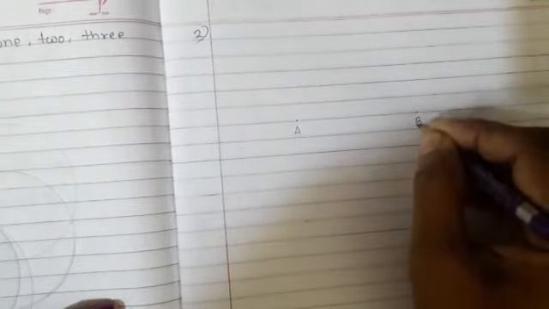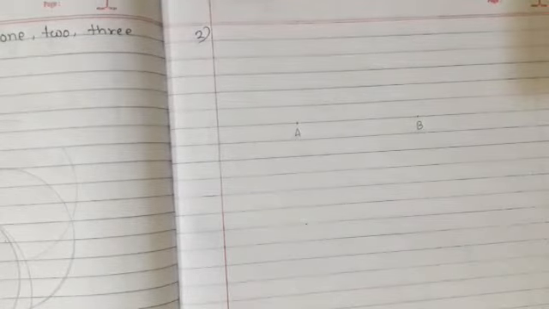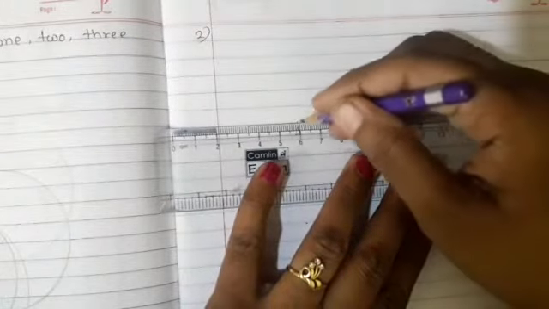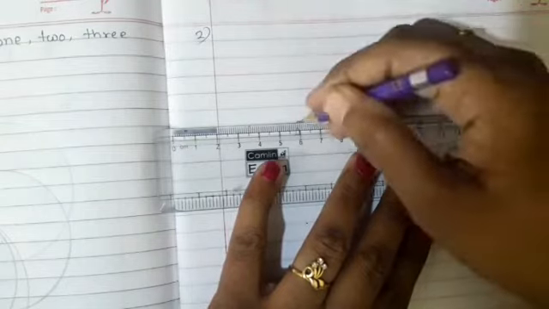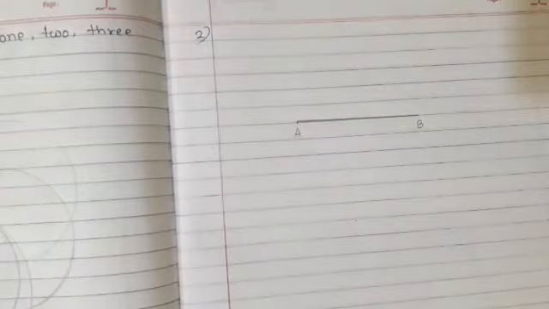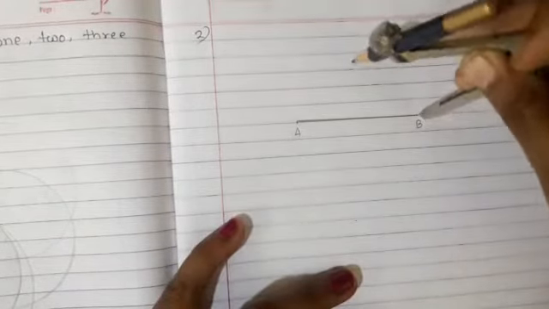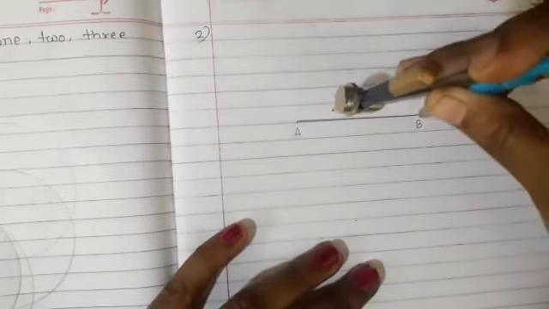Now on the paper I will take any 2 points, 2 distinct points, and I have given the name A, B now. And now if I join this, I got the segment AB. Okay, and the question is now how many circles can be passed through this AB? Think and tell me how many circles. Okay, let's see. So what I'll do for this, I'll take a perpendicular bisector. I'll draw first. So how to draw the perpendicular bisector?